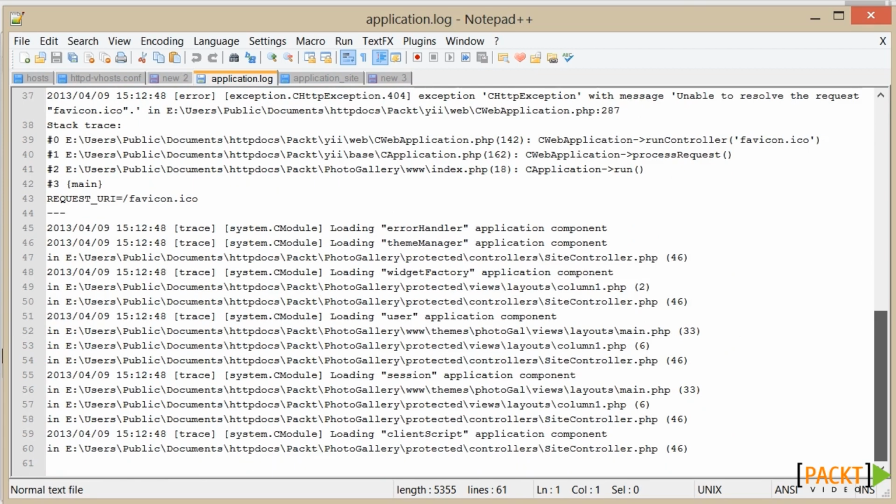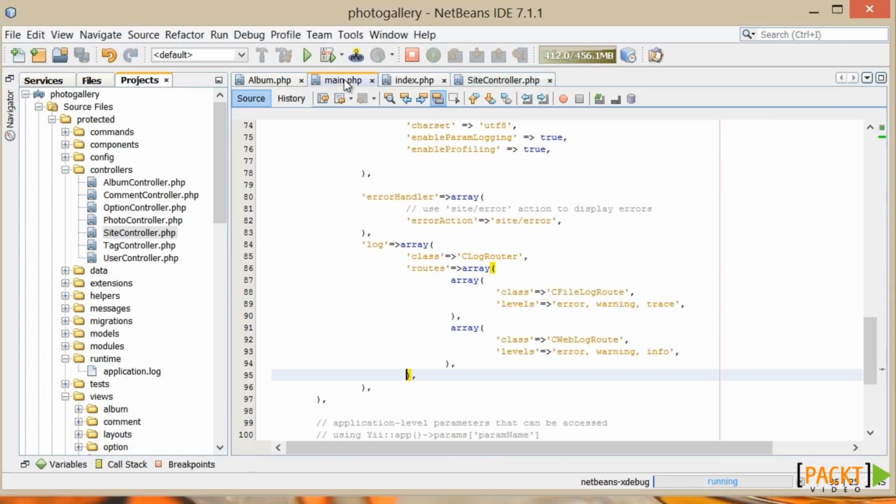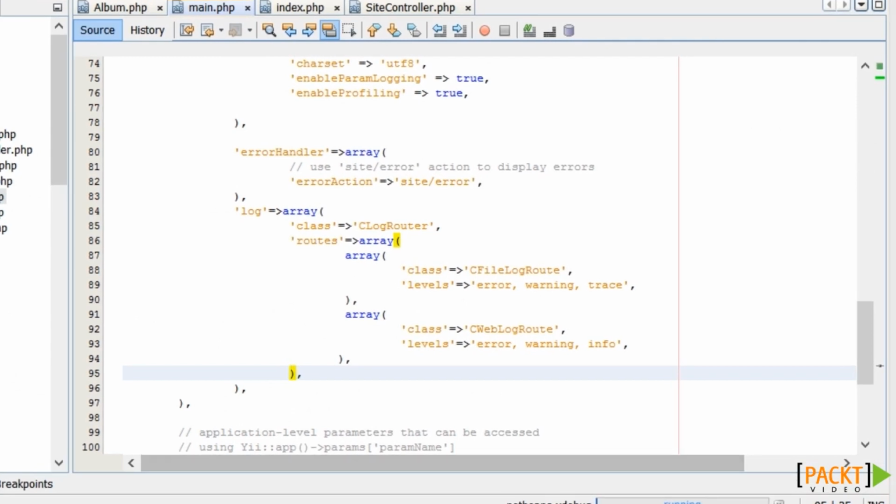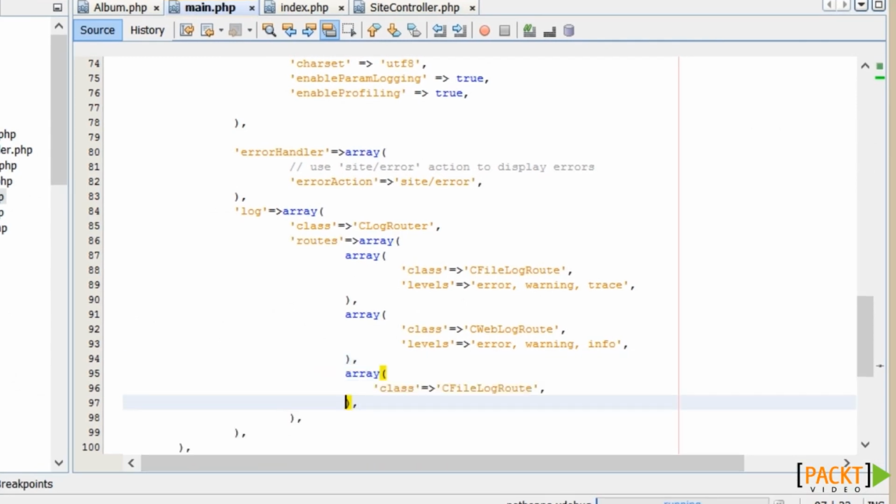On a busy server, it may be difficult to find output that you need due to the volume of the logging output, or it may even get pushed off the bottom of the log rotation too quickly. For this, we could use a separate log file to trace or dump information for a particular area of the system as follows. So we're going to create another CFileLogRoute, and we'll create it just for the